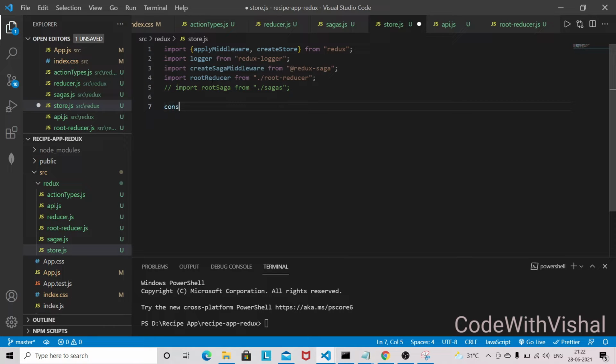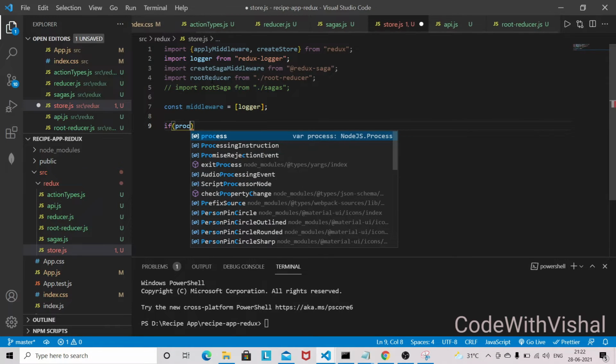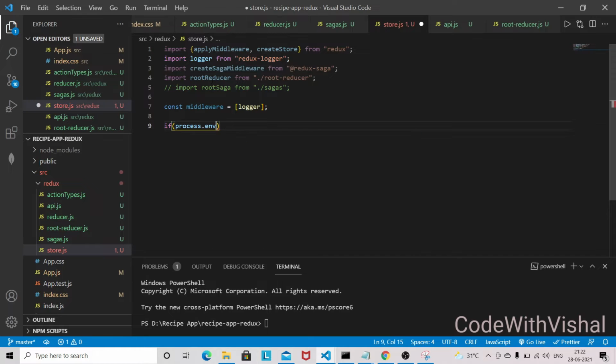Now const middleware. So in middleware we'll be having a logger, and I'll be checking if process dot env dot NODE_ENV is equal to development.